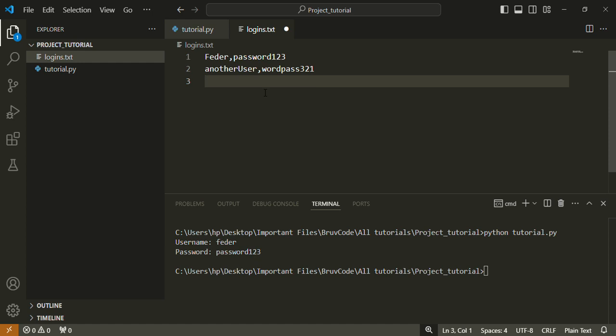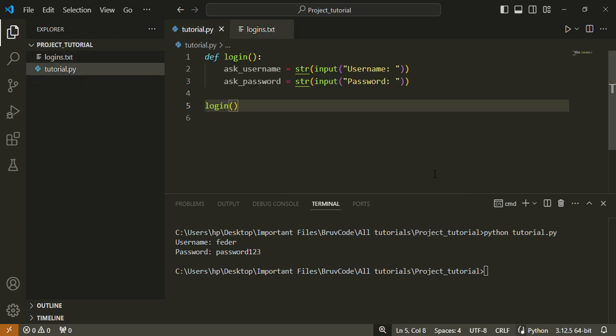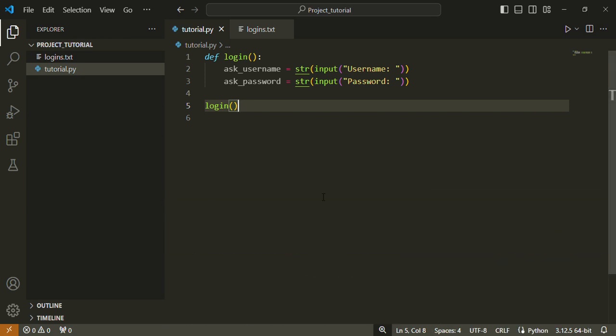I'm just going to say enter something like user one, say password. Okay, so now that we have created that, I can now close this terminal because I'll be running my code over time. And now we just want to